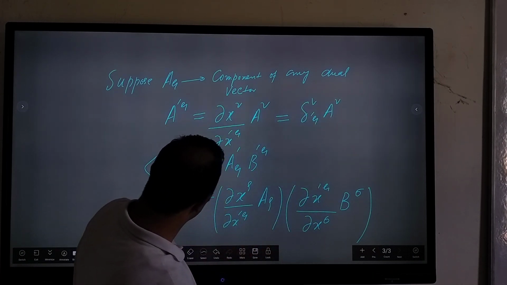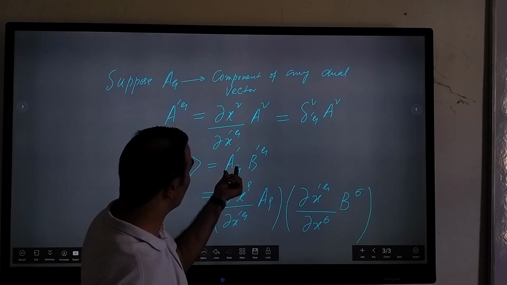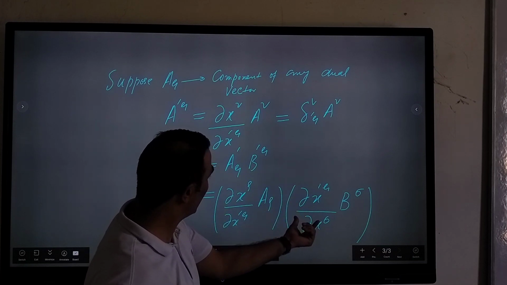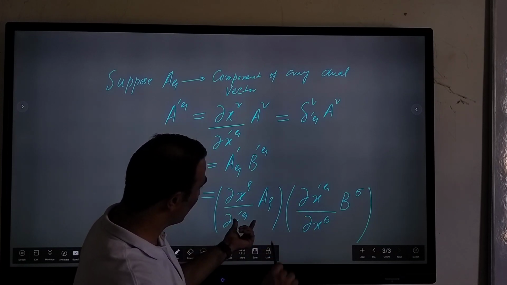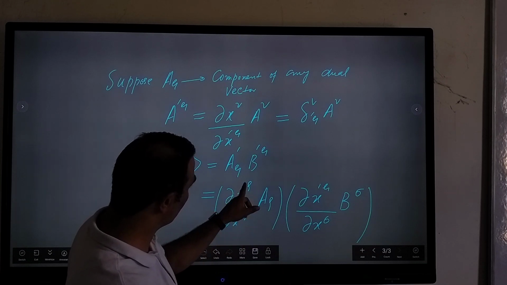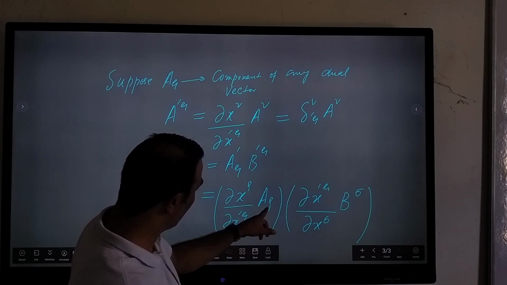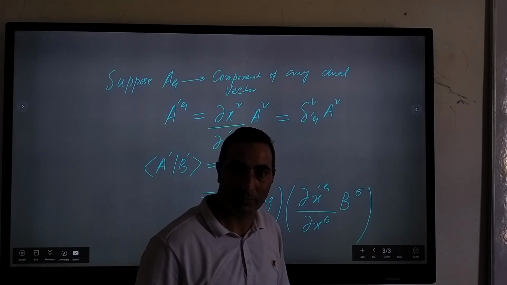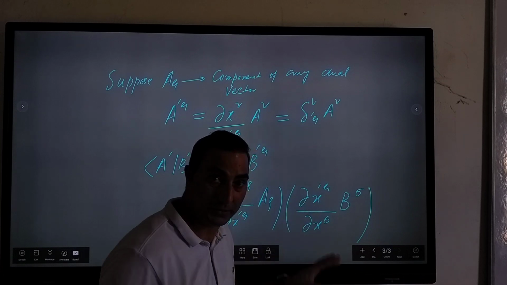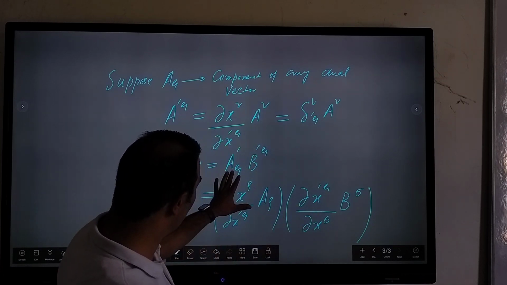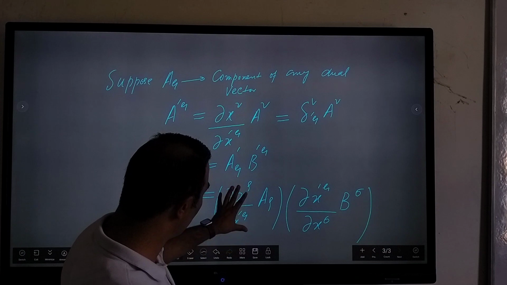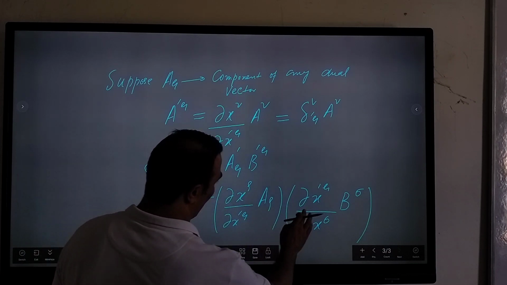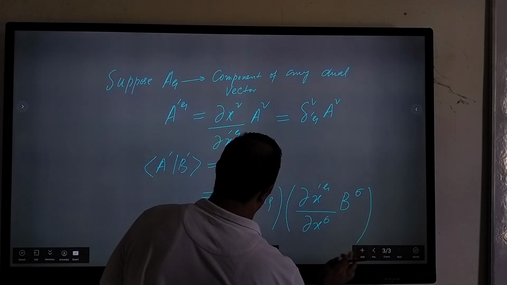Now what I'm saying, similarly you can write this A prime mu, but it is now a subscript here. So here it is a superscript, so I can write this this way, right? And this subscript I can write as the reverse of that. So that is why I wrote here partial x rho, partial x mu prime, and this. Because this is delta rho mu prime, this will be delta mu prime sigma, right? Okay. So this is clear because here this is the subscript, so we can write it this way through this transformation matrix, or you can rewrite this as, because you can have the multiplication of these two now, right? Or you can write this as,